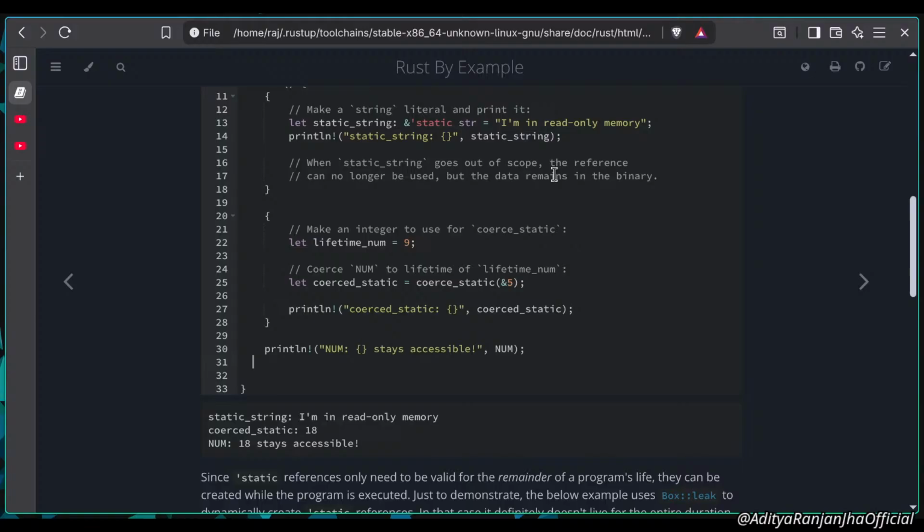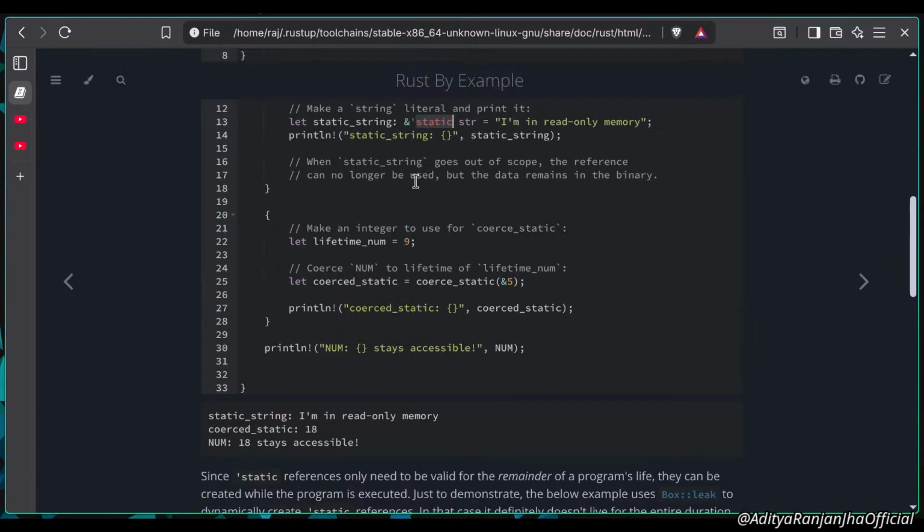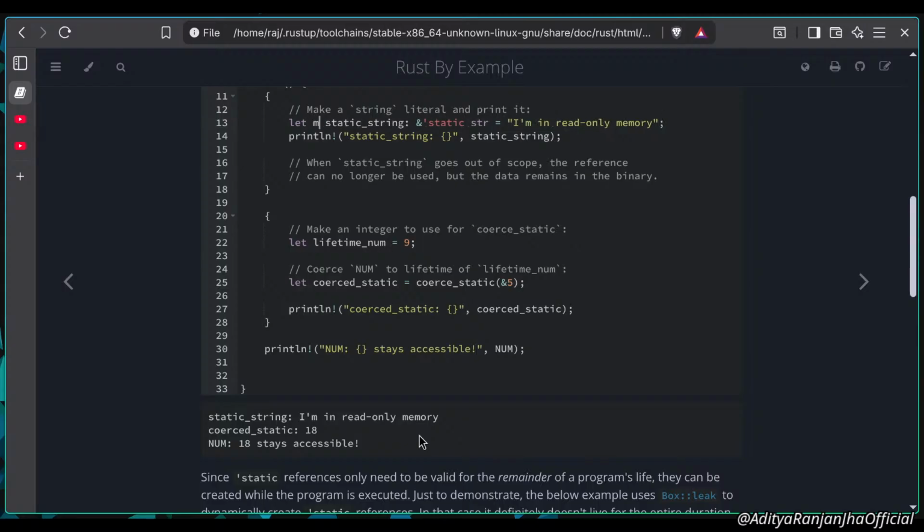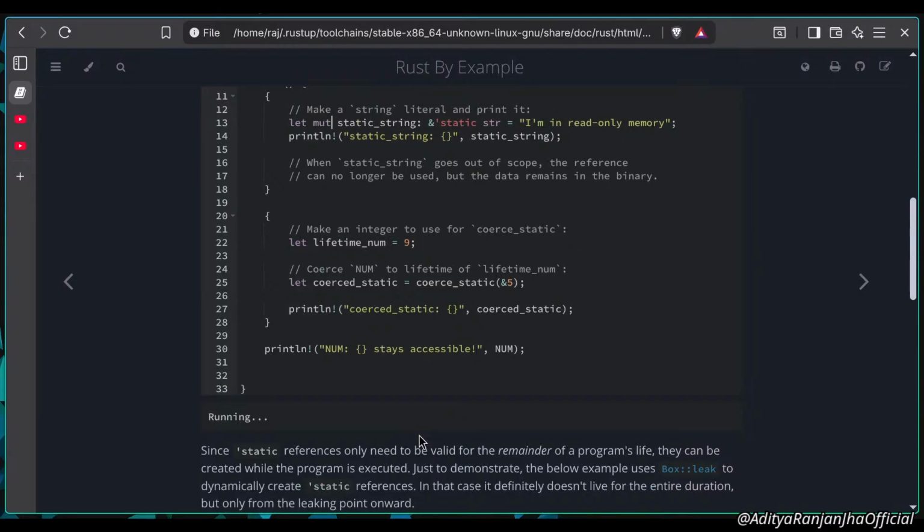It is read-only memory. Well, immutables are read-only, so I don't know what it's trying to say. Immutable variables are read-only, isn't it? We can make a mutable variable which is not read-only, which can be written and read as well. But immutable variables are read-only memory. So what's the difference between a normal mutable variable and a static string? The lifetime of static, and then a mutable variable. Like, what's the difference? If I say it's immutable, if I say it's mutable, then will it make any sort of